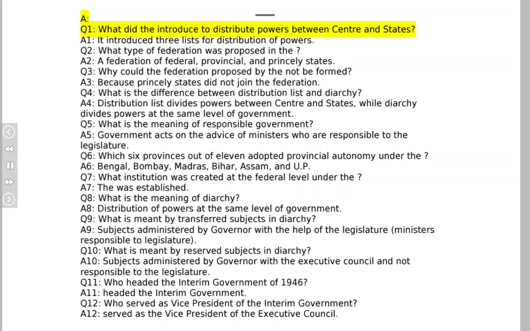Q1. What did they introduce to distribute powers between center and states? A1. It introduced 3 lists for distribution of powers. Q2. What type of federation was proposed in the